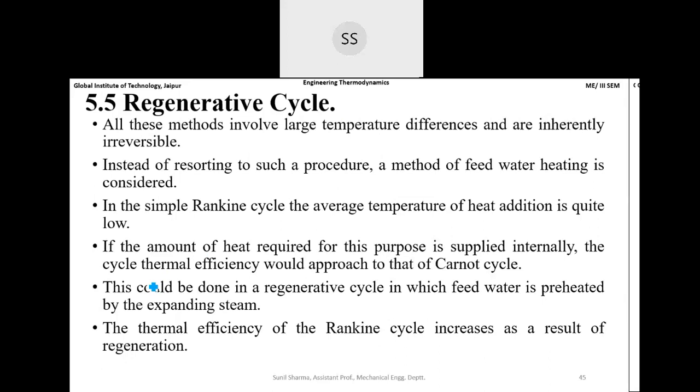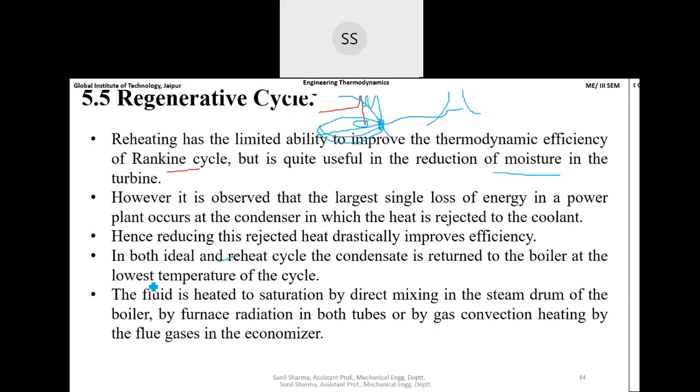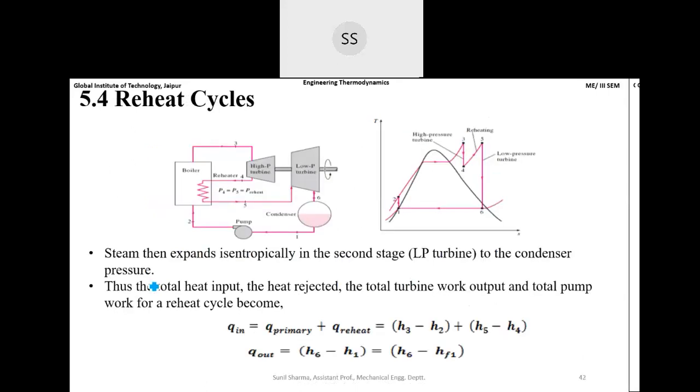सो दिस कुड बी डन इन अ रीजनरेटिव साइकिल इन विच द feed water is heated, actually preheated by the expanding steam. So I want to clarify this thing with the help of this diagram. So what we have already discussed earlier कि ये जो आपका यहाँ पर ये टरबाइन का आउटलेट है, टरबाइन के आउटलेट वाले पानी से अगर हम इस वाले पानी को, हाई प्रेशराइज वाटर जो कि बॉयलर में जाने वाला है, क्योंकि टरबाइन का आउटलेट आपका स्टीम है, ठीक है, यहाँ पर 95 और 90% वाली क्वालिटी ऑफ स्टीम है। तो ये जब स्टीम है जिसको हमें कूल ही करना है और हमें लिक्विड में ही कन्वर्ट करना है,